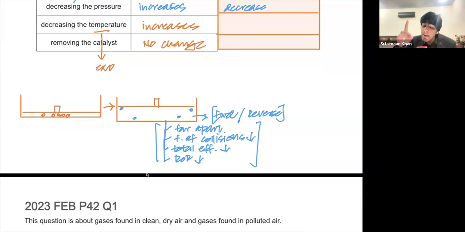No, no, no, no. Remember, rate is correlated. Remember, हमने पढ़ा था कि rate is correlated with collision theory. It's not correlated with reversible. Reversible जाए बाढ़ में. अगर pressure कम करोगे, rate is going to decrease, be it forward, be it backward. Doesn't make a difference. अगर temperature कम करोगे rate is going to decrease, अगर temperature बढ़ाओगे rate is going to increase, be it